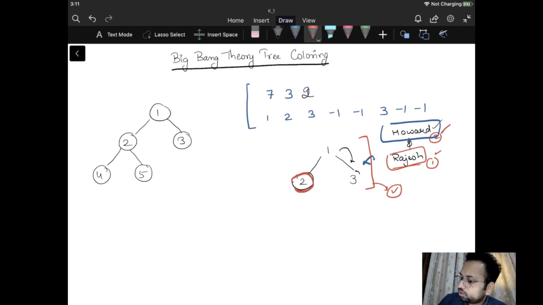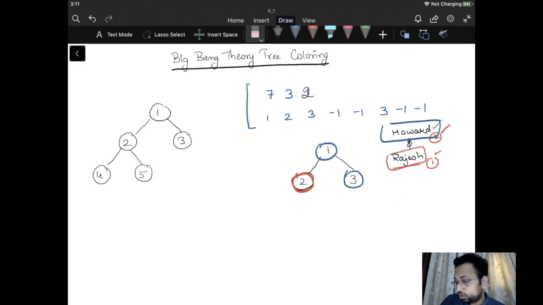So if he had chosen node 2, what can I do? Is there any node which I can choose and I will win the game? Yes, I can win it. I'll choose the root node, so he cannot color any adjacent node because there is no node present. In the next turn, he will pass his turn. Then I'll color this particular node, and I won't be able to choose any node. The game will stop, and we can see that we have more colored nodes compared to Rajesh. So this is how we can solve this.